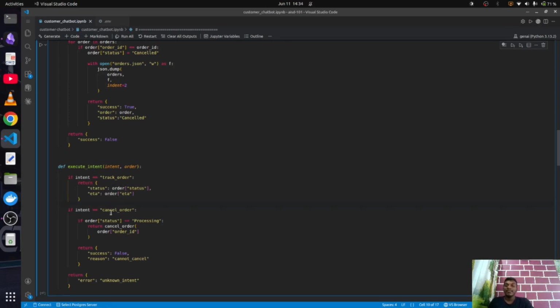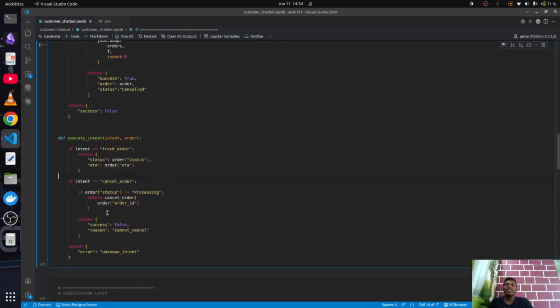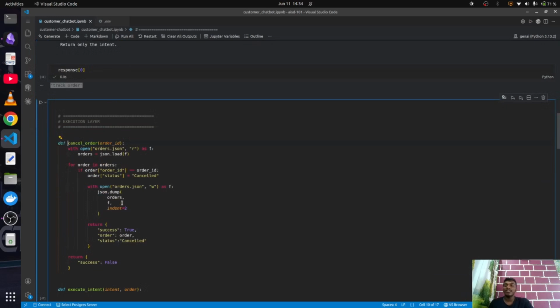And if the intent is to cancel the order, then you check the current status of the order. If it's already delivered or shipped, then you obviously can't cancel. But if the order is still in processing condition, then you can cancel the order. So how are we going to cancel the order? Firstly, we load the database, we find the order ID, and we set the status to cancelled.